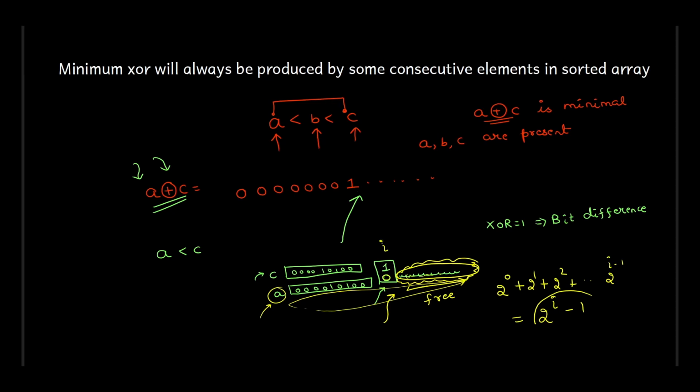So, the position where this first bit difference happened is the point where the XOR will have 1 in its place. This means that if it has 1, then for sure C would have had a 1 over there and A would have had 0, right? So now